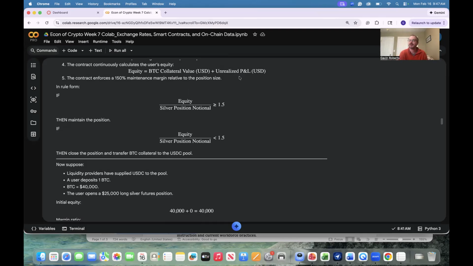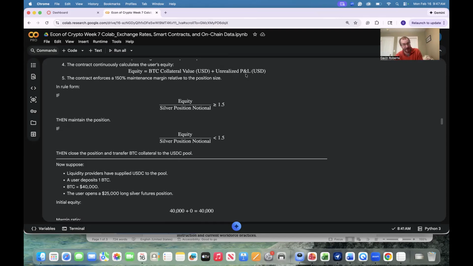So then I do that. Maybe silver futures go up. Now I have my Bitcoin collateral, plus I have an unrealized profit from the fact that the thing I bet on, silver futures, increased in value. So this is sort of the good case for everybody. The user, Gavin, is making money. The creditors are happy because Gavin's clearly going to be able to pay them back if silver futures increase.